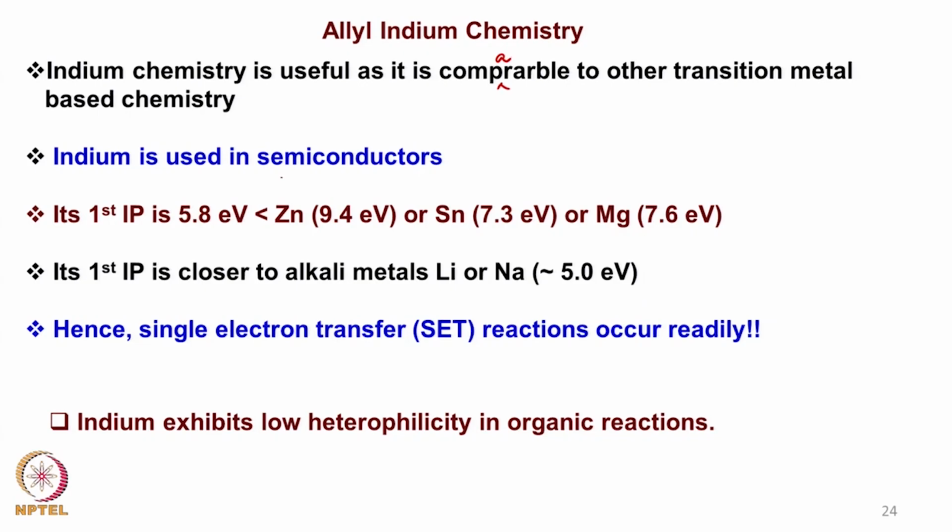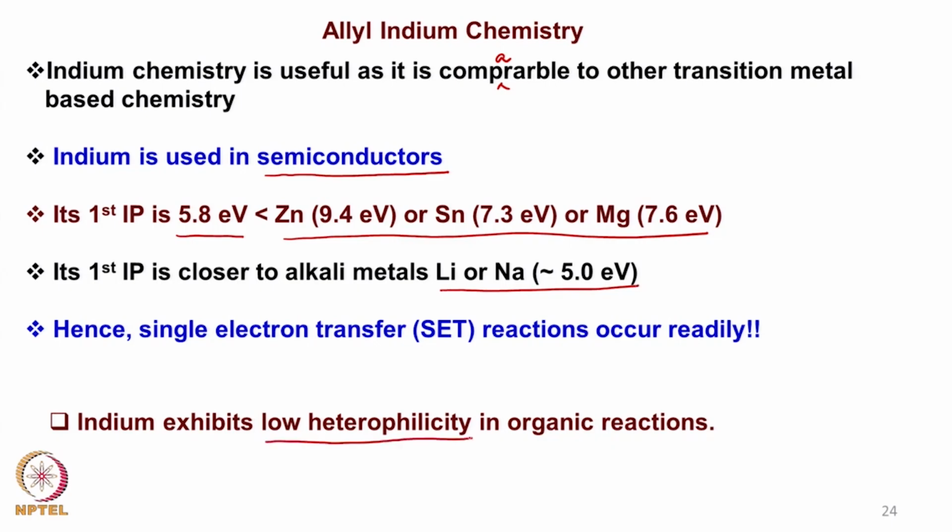Indium of course as a utility is used in semiconductors, but that is not something that we are right now worried about. Its first ionization potential, as you can see, is 5.8 electron volt, which is less than that of zinc or tin or even magnesium, for example. So its first ionization potential is actually closer to lithium or sodium, therefore very readily it can transfer 1 electron, and since it is of a very large size, that means it shows low heterophilicity